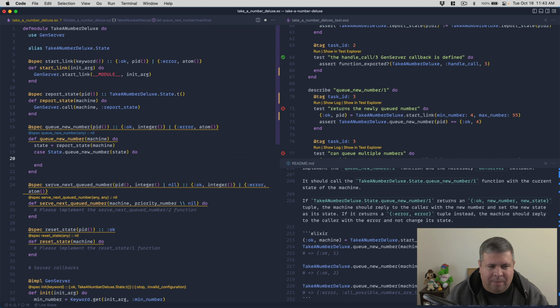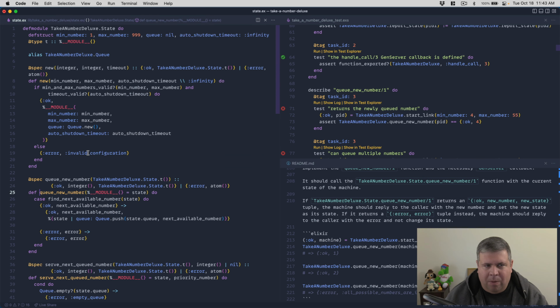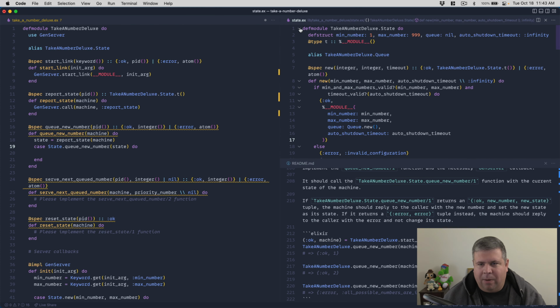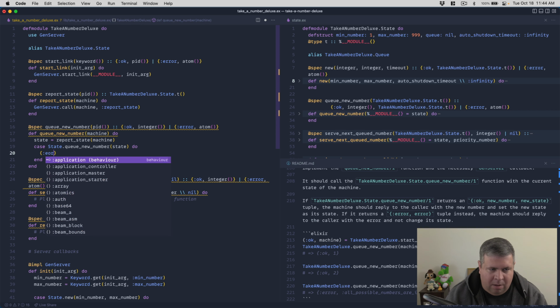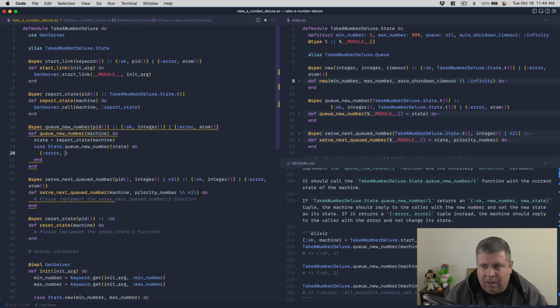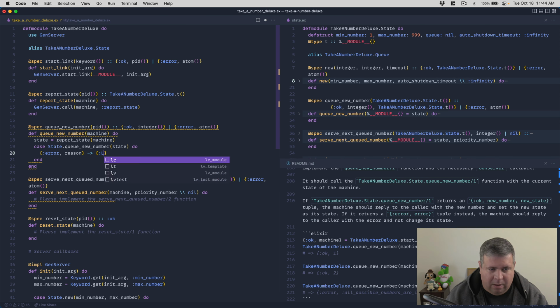return different values. So let me move that over for a second so we can look at it. So Q new number is going to return either an OK, integer, state tuple or an error atom. So similarly, we'll look for error, reason. Is it going to be reason? Error tuple instead. The machine should reply to the caller with the error and not change its state. Okay, so that's just going to be error